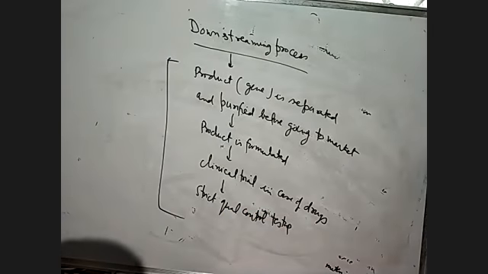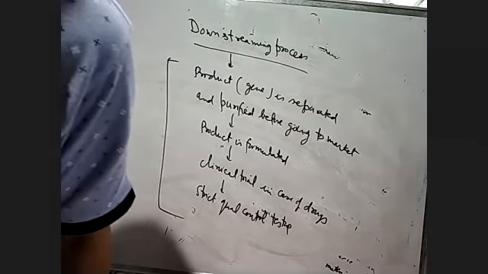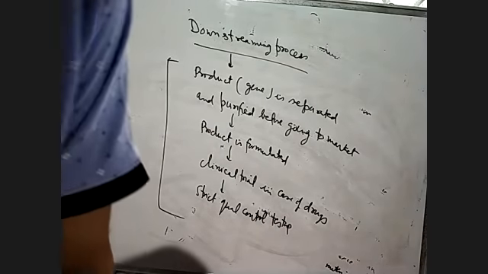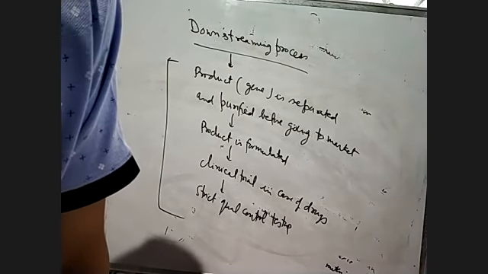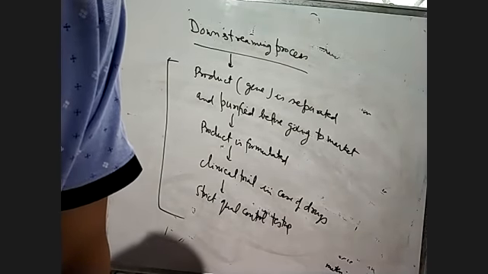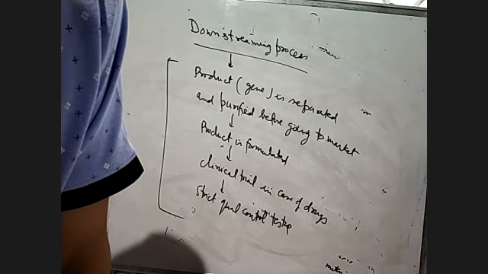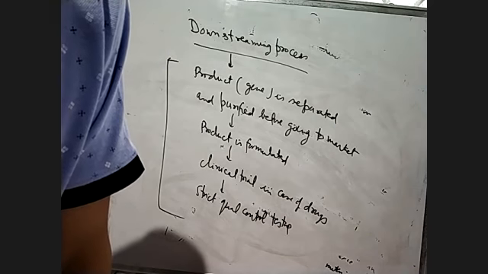With this we come to the end of the chapter, and now a few questions if you have time. Today we leave it, and in the next class we will do questions on the remaining portion, maybe five or six questions, and complete the chapter of biotechnology. Then your circulatory system will start. Okay, hello students.